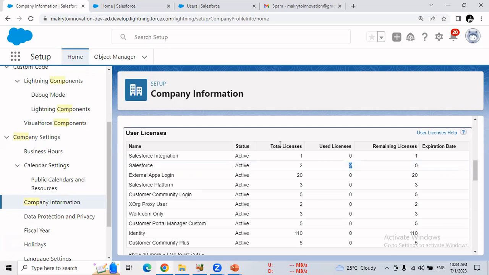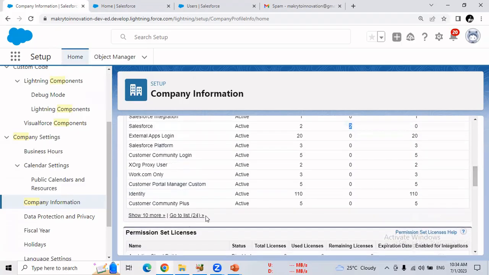We need to create the third user, but you are not supposed to create it by using a user license called Salesforce. अब Salesforce का यूज करके अगर हम लोग नहीं कर सकते तो ना सही. हमारे पास में वेरियस प्रोफाइल्स ऑलरेडी यहाँ पे प्रेजेंट हैं. You can see, go to